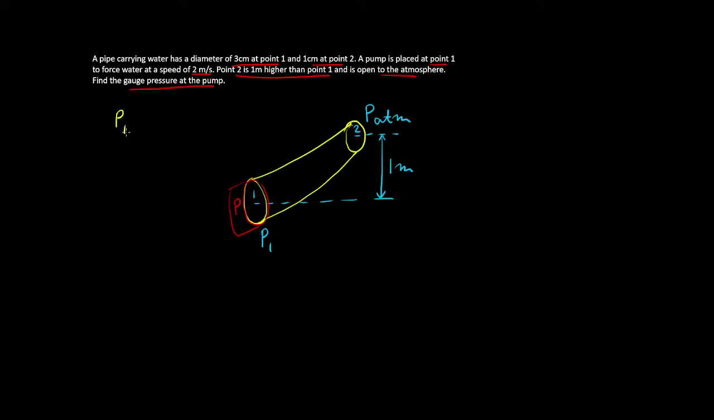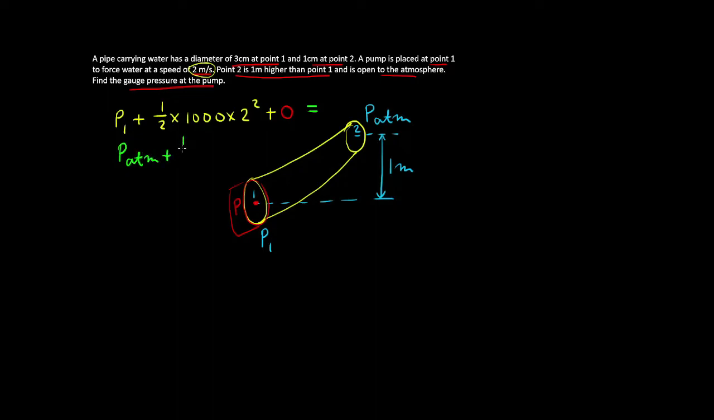So we have pressure 1 plus the kinetic energy term. The pipe's carrying water, so 1/2 times the density times the speed at point 1 squared. Okay, so at point 1 we're given the speed is 2 meters per second, and then plus the potential energy term. So if we take our reference point to be at point 1, then the potential energy here is 0. And that's equal to the pressure at point 2, which is the atmospheric pressure,